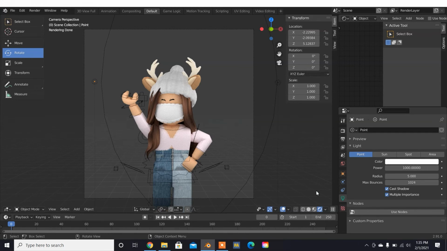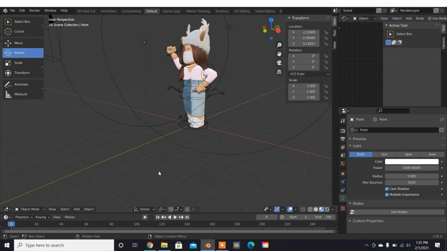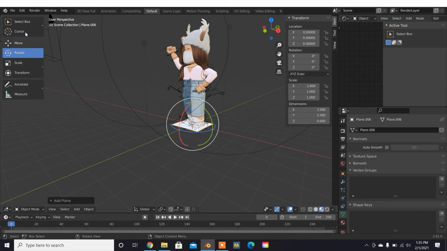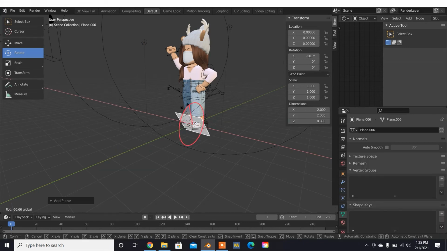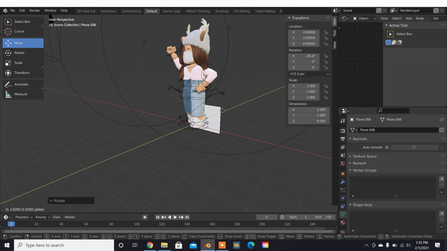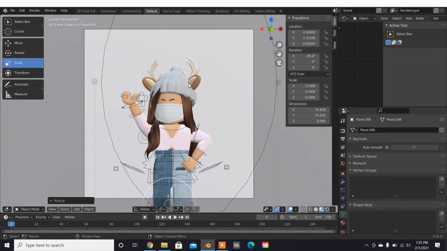But the next thing you're going to want to do is go back to the material shading, and you're going to go back to add, select mesh, and choose a plane. Then you can rotate it up and move it back and scale it. Now you have a plain white background,